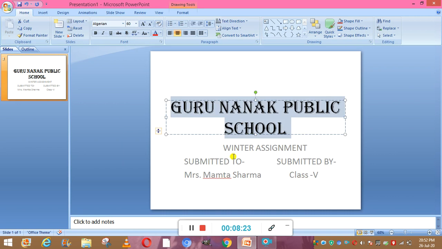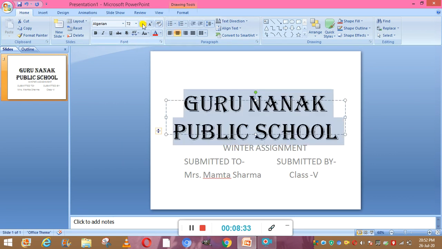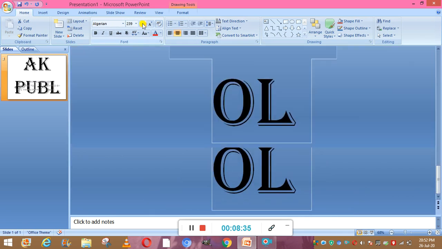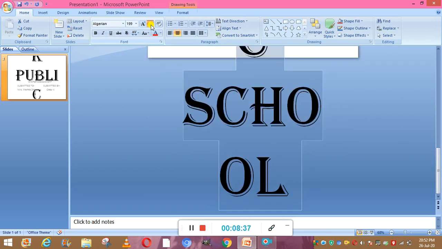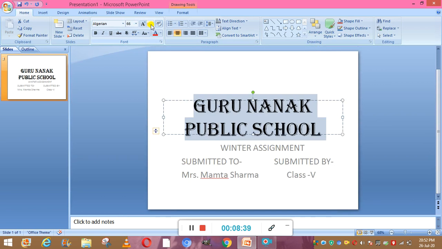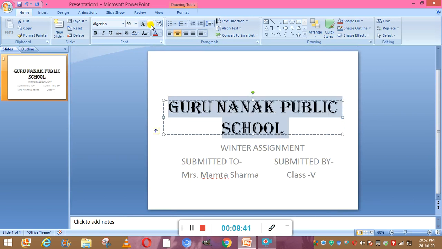Next, you can also increase and decrease the font size using the Increase Font Size button. Like this you can increase your font size, and like this you can decrease it. Now it came back to the original size. So this is used for increasing the font size and this is used for decreasing the font size.